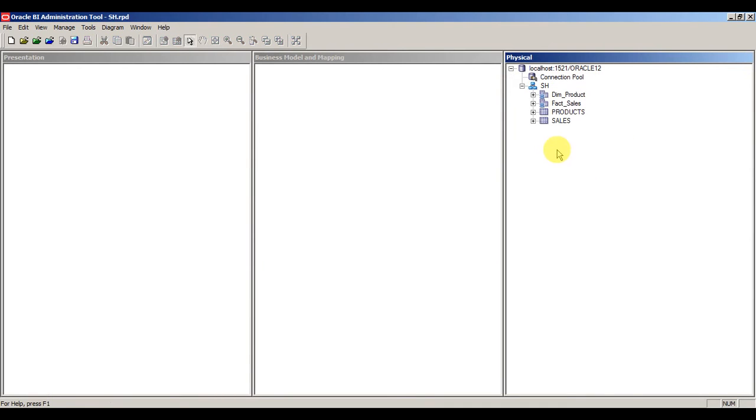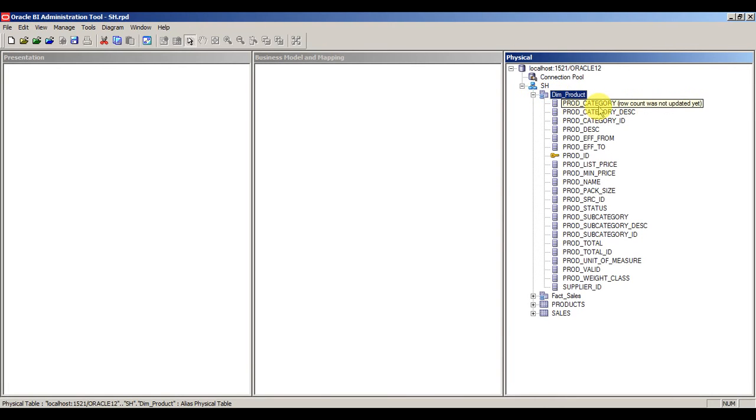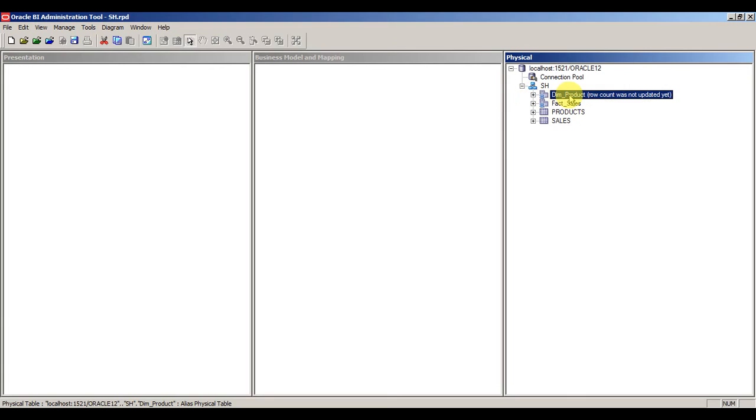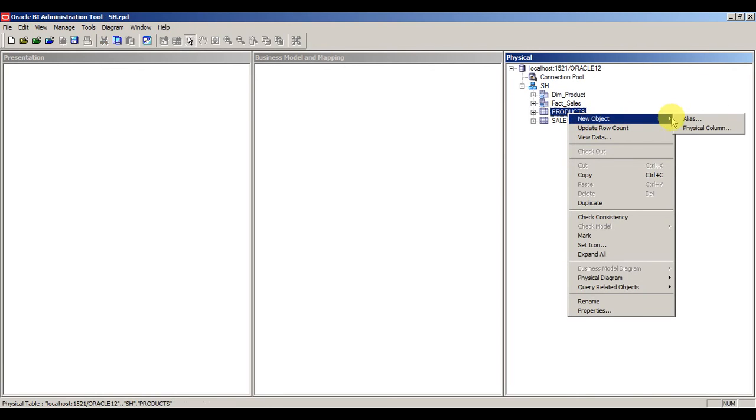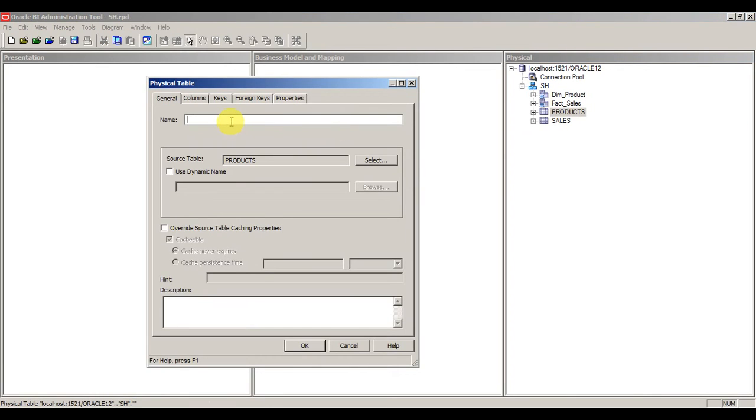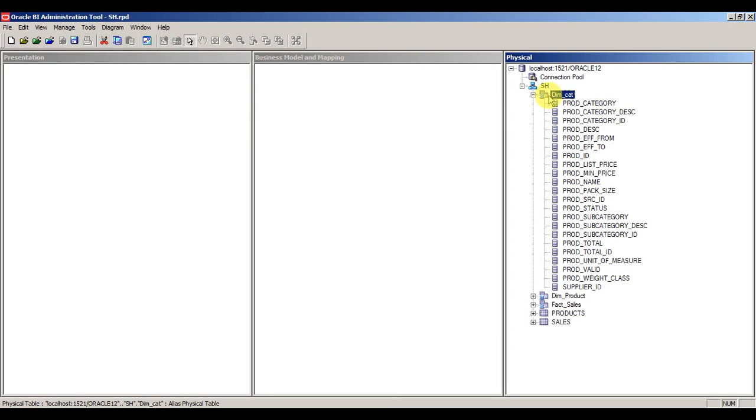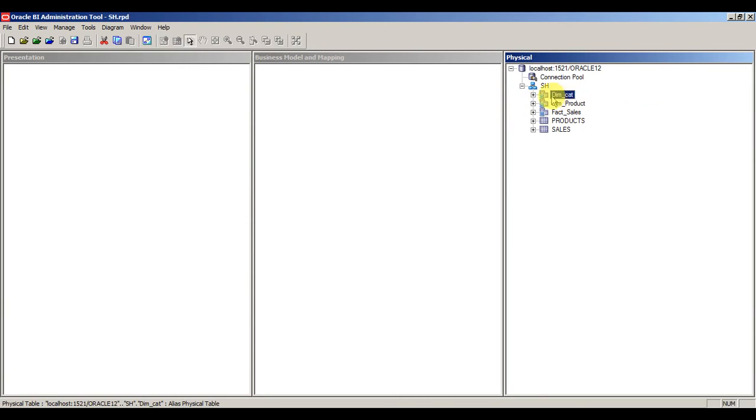And one more way is, let's say you want to fetch some of the category details from this product, but category itself is a new dimension. Then you can create one more alias, like dim category, and you can use this table as a category table.